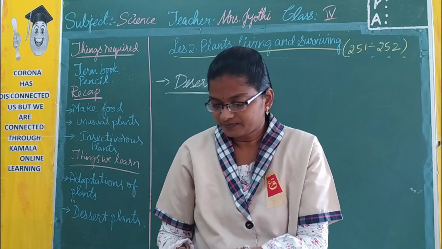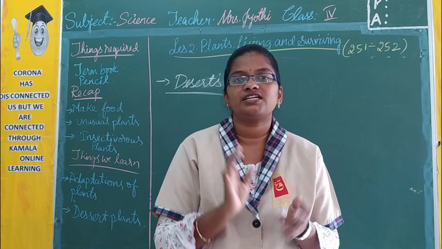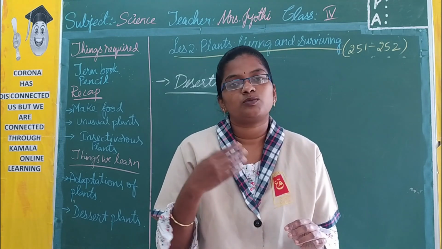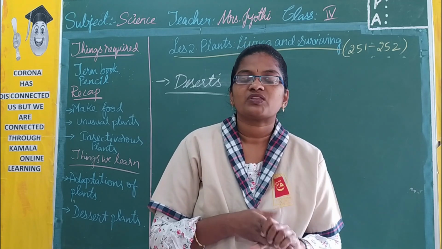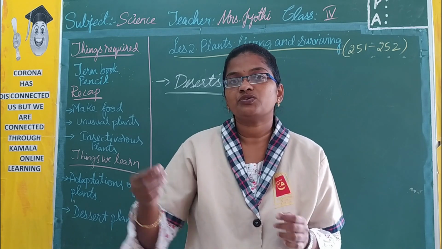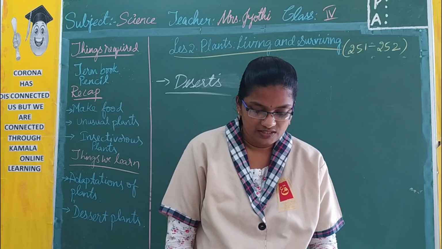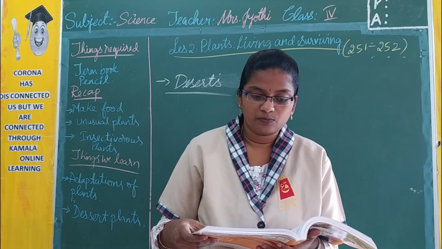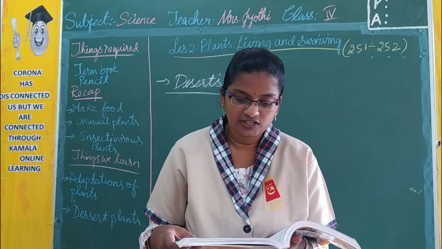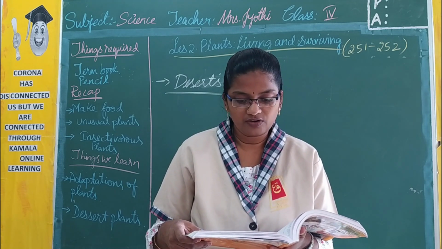In the same way, a cactus plant also has a very thick, juicy and sticky stem. With the help of that stem, it prepares its food, and most of the time they do not have water at all. So whenever there is scarcity of water, they use this gel as water for the plant. The leaves of the cactus plant are modified into thin, sharp spines. Spines reduce the loss of water through transpiration. Transpiration is the process of losing water in the form of vapors.